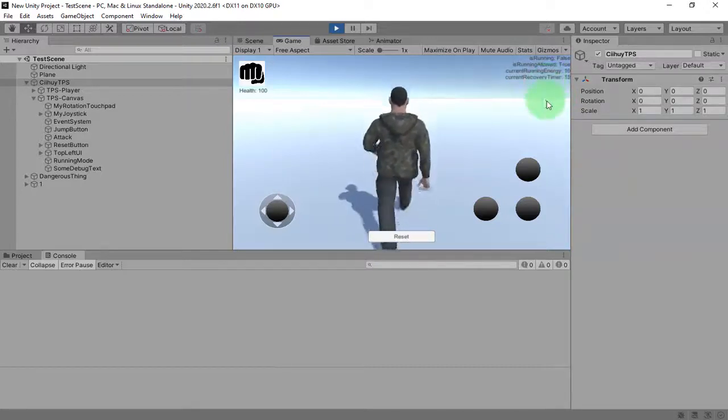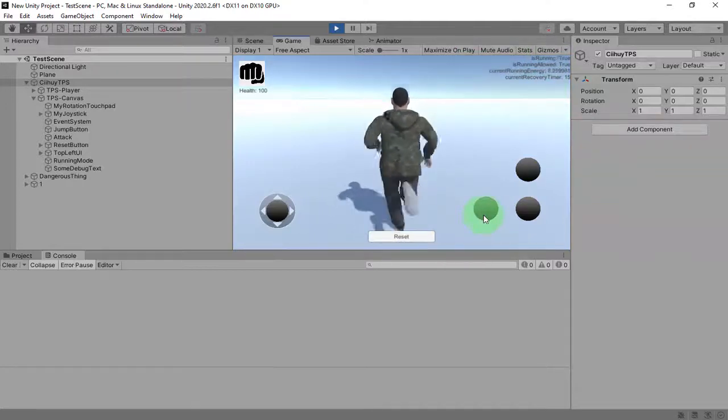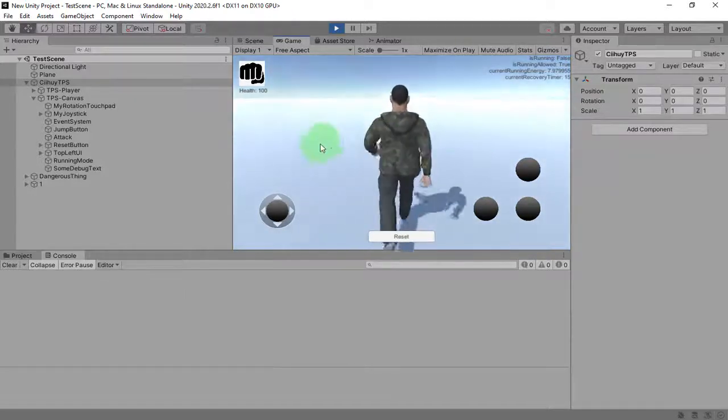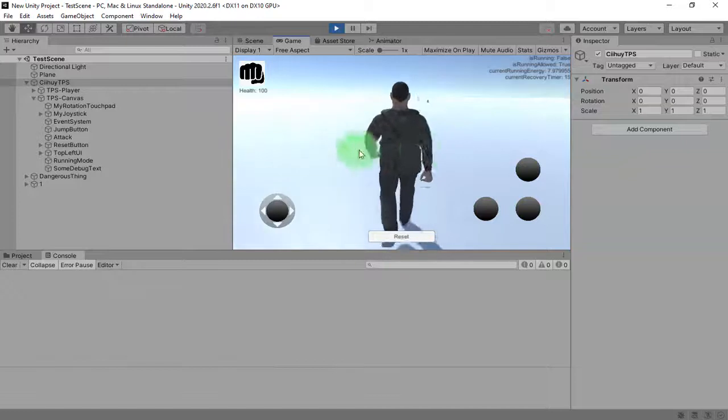So forget about the indicator. I mentioned before that I'm going to create an indicator showing that I can run again. Forget about it, you can make it for yourself. It's too time consuming already, and this is enough for the running and walking mechanism.